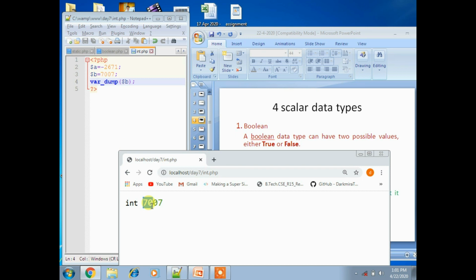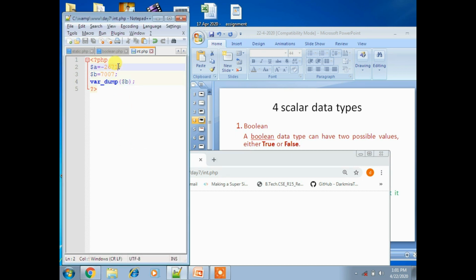Like that for each and every type, for example Boolean, you can use the same var_dump. I'll take one example, $c equal to true. Now var_dump, I'm calling c as a variable.